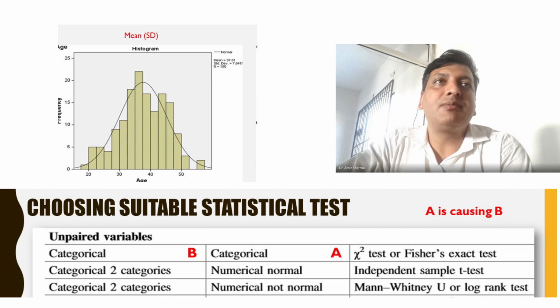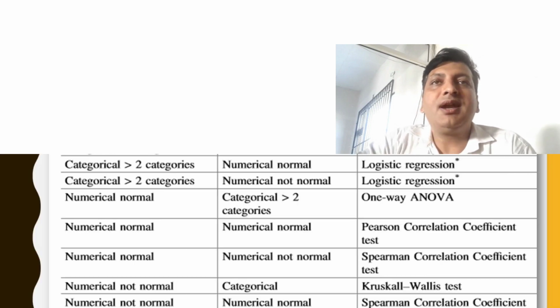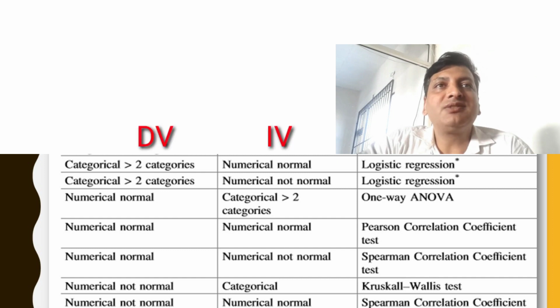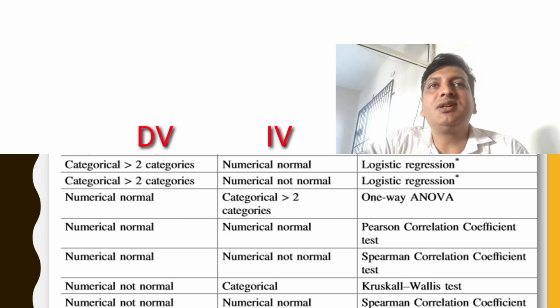One is the independent sample t-test, and the second one is Mann-Whitney U. The independent sample t-test is a parametric test, whereas the Mann-Whitney U test is called a non-parametric test. I will let you know one thing: if your data was found normal in the test for normality of distribution, then we have to apply the parametric test. If our data was found not normally distributed, and we didn't get the bell-shaped curve, we have to apply the non-parametric test for our research. That is how we see the categories of the tests. Now we'll move further.